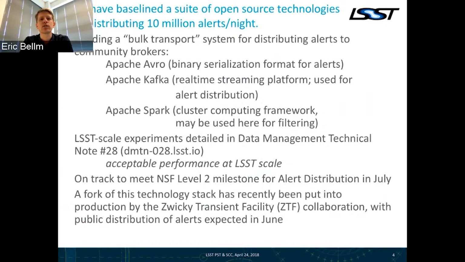And so we're focusing on what we're calling a bulk transport system that's really meant for handling the full stream to community brokers, as well as some of the internal alert handling, for example, in the MiniBroker. So we're building on a suite of open source tools developed by some of the commercial internet providers, in particular Apache Avro, which is a binary serialization format. Apache Kafka is a real-time queue system that has some very nice properties in terms of scaling and streaming. And then we're looking at ways to use Apache Spark for things like the filtering layer, but that's still a